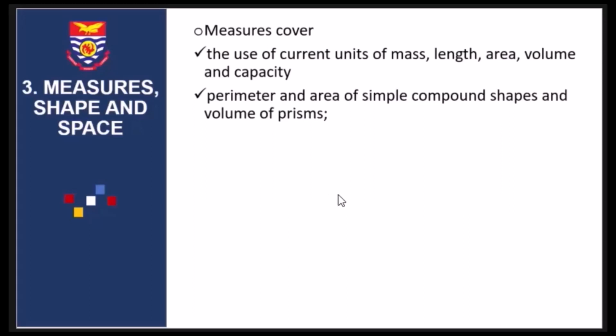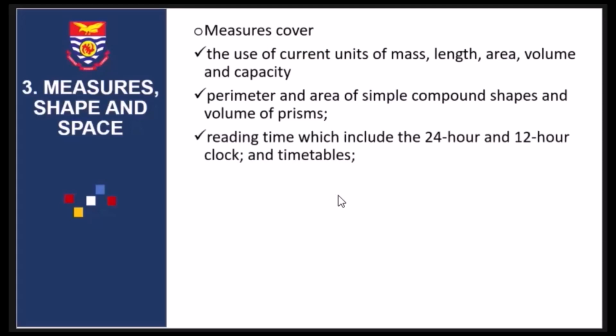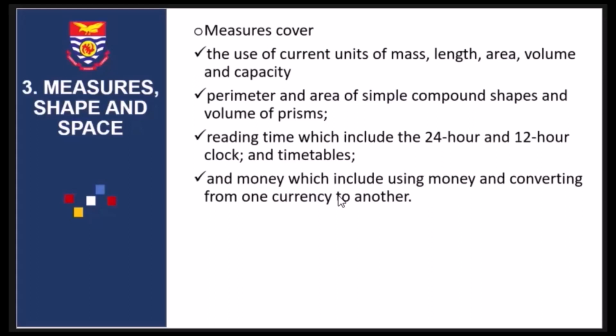All these things are under measures. Reading time, which includes a 24-hour clock and a 12-hour clock and timetable. So the children should be able to convert from 24-hour clock to 12-hour clock and vice versa. And money, which includes using money and converting from one currency to another. Children know how to spend money, but they don't know how to use money. So under measures, shape and space, you have to teach children how to write money, say money, and use money